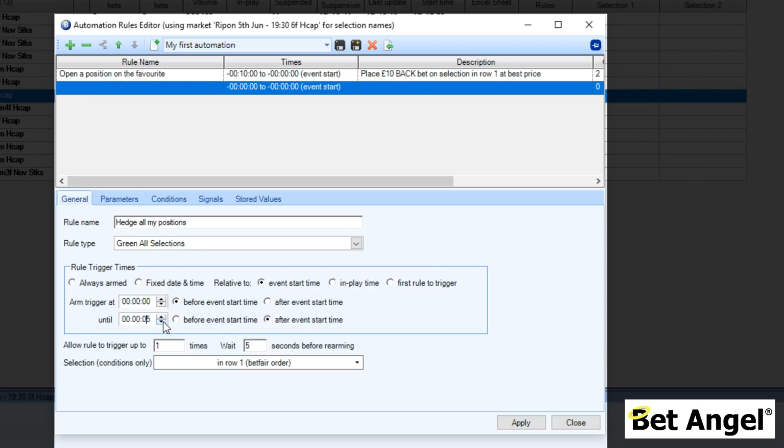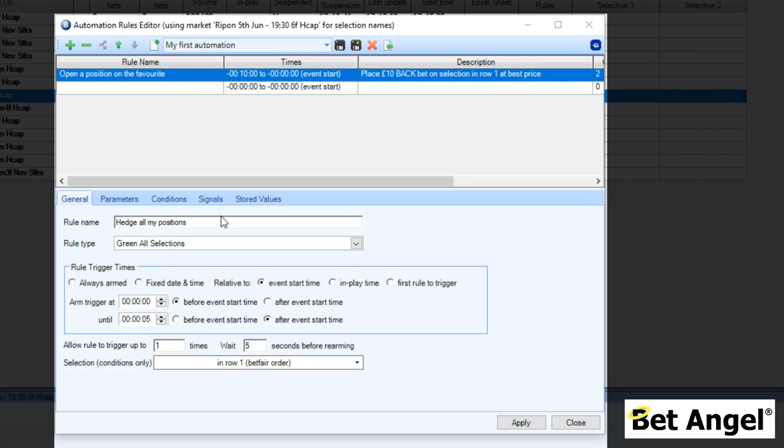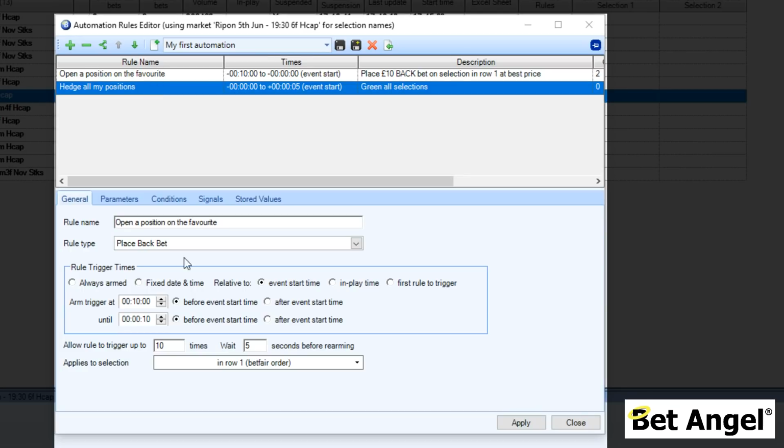I mean, you could modify this to make it a bit tighter, or to hedge it, or to finish the automation that was before it. You can see here it goes from 10 minutes to 0. Maybe go from 10 minutes to 10 seconds before the start time. In fact, let's do it. Why don't we do that? So if I go in and amend this, I'll just apply this, and I'll go in and amend this. So we're going to say from 10 minutes out to 10 seconds before start time. Then I'm going to amend this to 10 seconds before start time